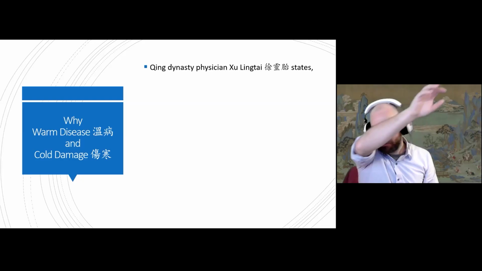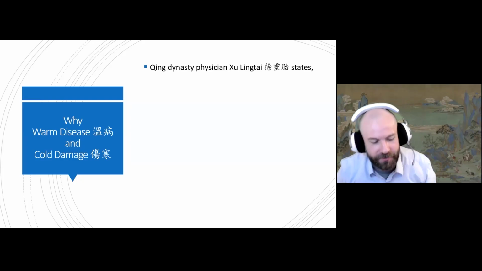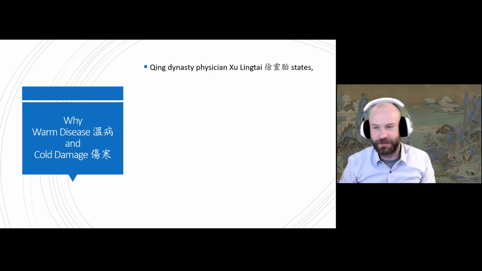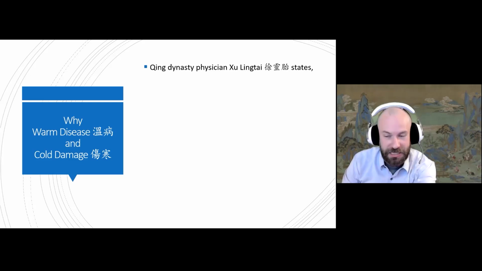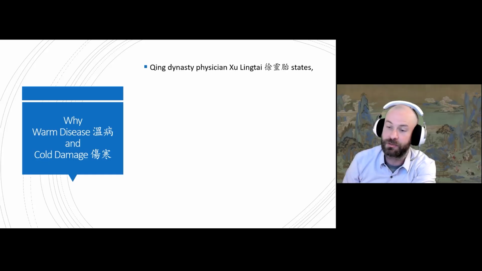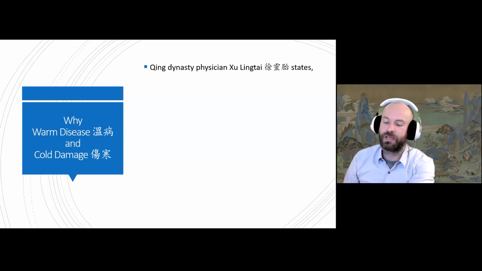Okay. So one other thing to think about is, out of all the schools that have been prominent in Chinese medicine, I would argue that both the cold damage school and the warm disease school are probably the most prominent as well. You could possibly make an argument also for the yin nourishing school of Zhu Shi, which heavily influenced a lot of authors, along with the warm supplementing school of Zhang Jingyue. Those two have probably heavily influenced TCM, probably more so than the cold damage or the warm disease schools.